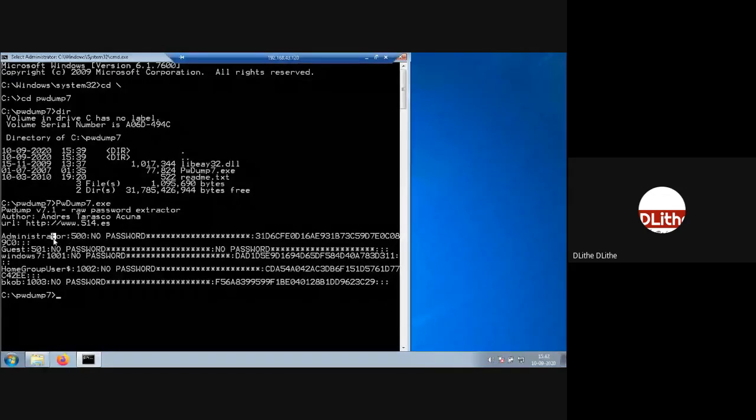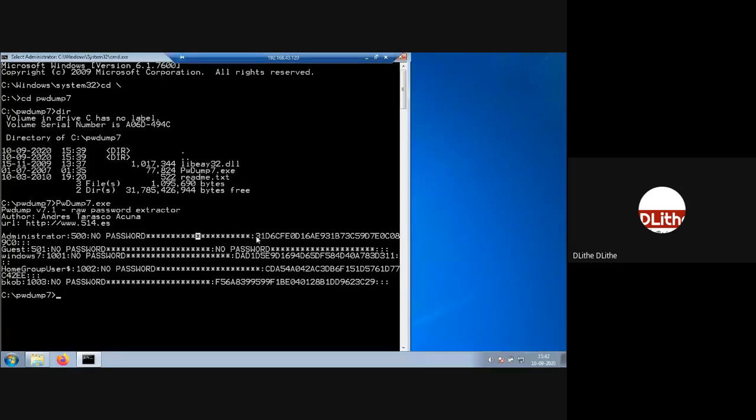So the first column tells you it's the administrator. It gives you the username. The second element, from the first colon to the second colon, is your user ID. The information displayed from the third colon to the fourth colon is basically the system's hash, which is not required for our password cracking, but sometimes you may get some hashes over here as well. But obviously it's not required for us.